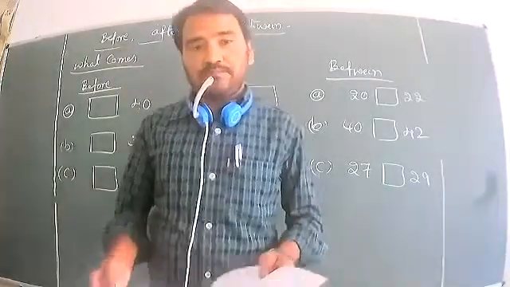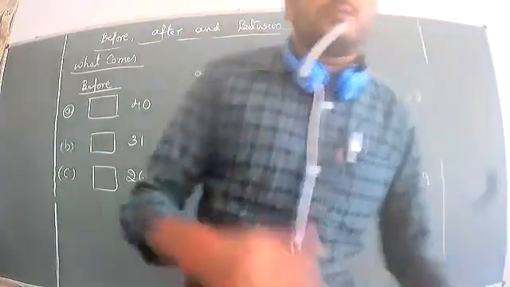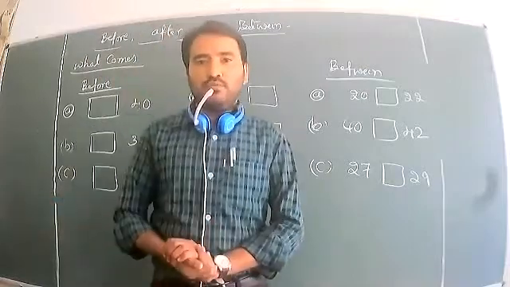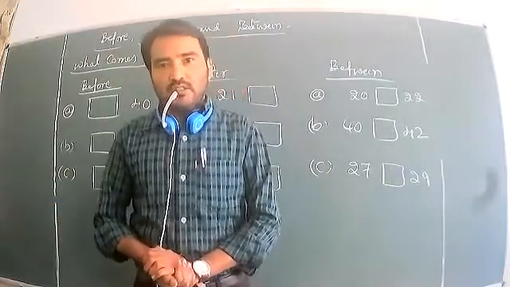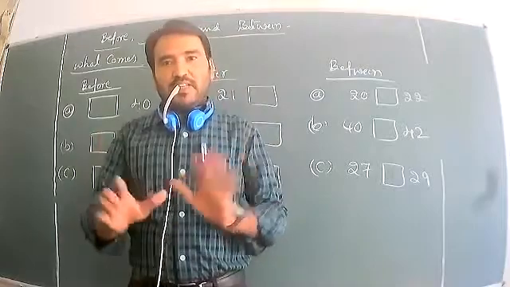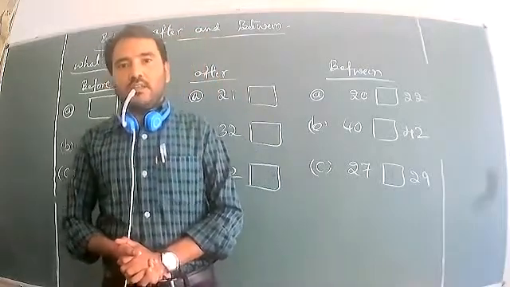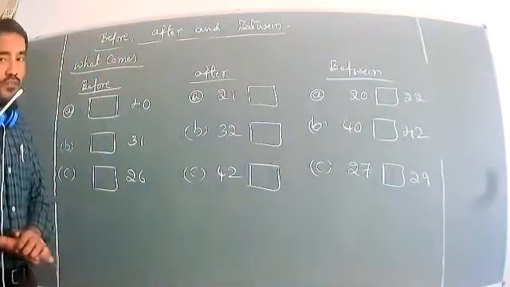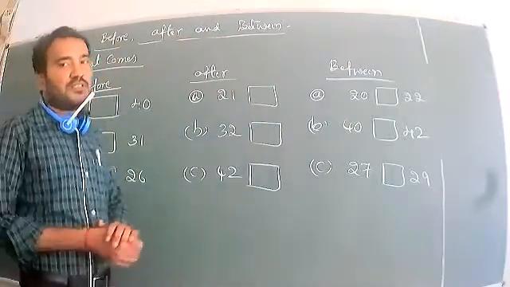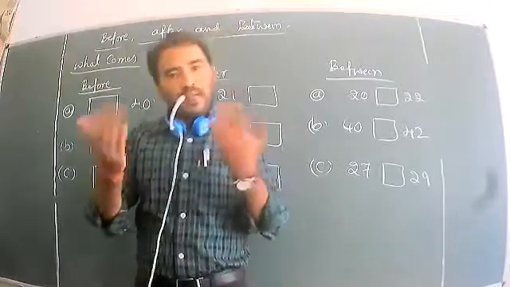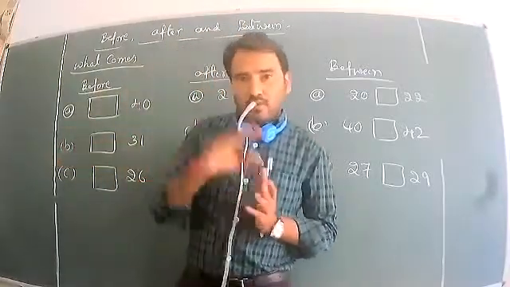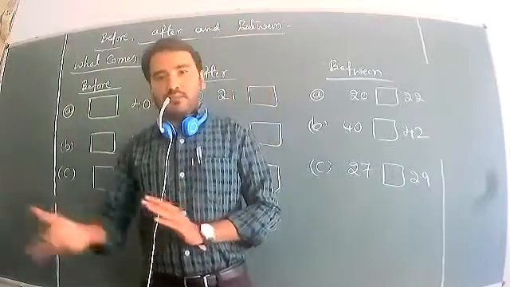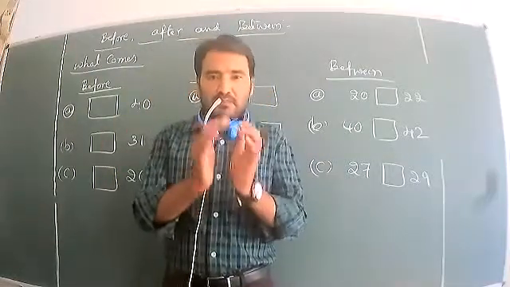Students, now today we have already entered the two digit numbers. Two digit numbers start from 10 up to 99. We have already learned up to 50. Is it right? So now, before, between, and after. Before means the number that comes just before, the back side number. After number is the number that comes after. Between is the number in the middle, the center number.